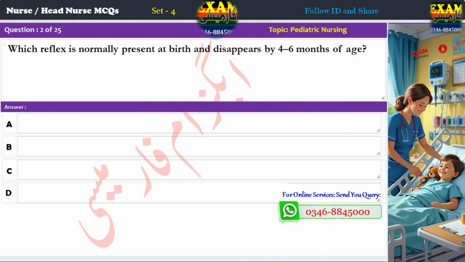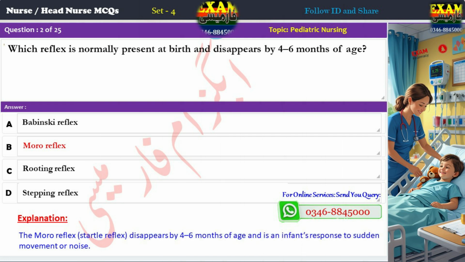Question 2. Which reflex is normally present at birth and disappears by 4 to 6 months of age? A. Babinski reflex. B. Moro reflex. C. Rooting reflex. D. Stepping reflex. Correct answer: B. Moro reflex. Explanation: the Moro reflex, or startle reflex, disappears by 4 to 6 months of age and is an infant's response to